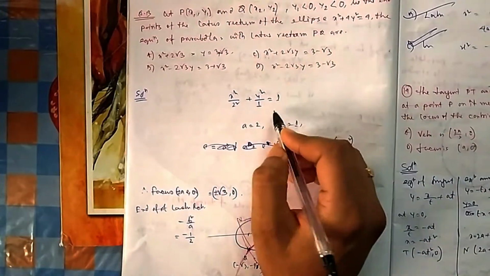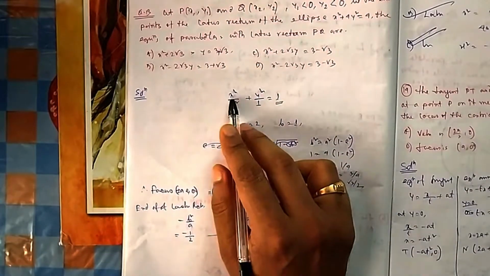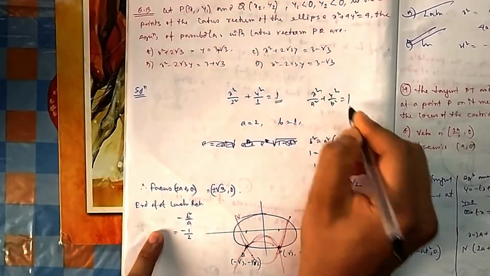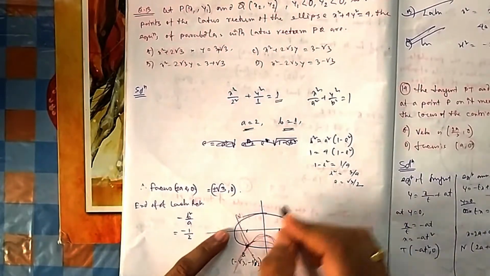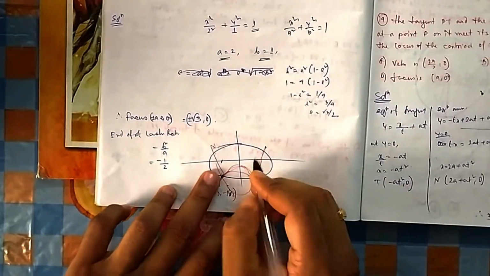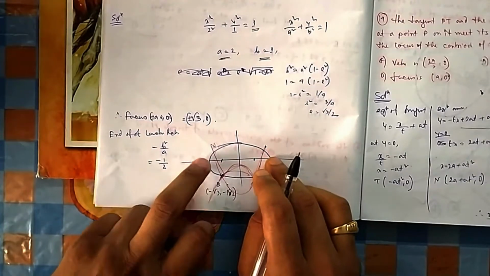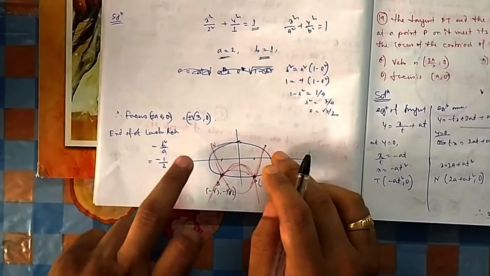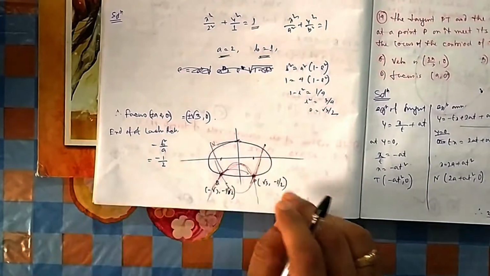So if you divide by 4, because for an ellipse this side should be 1, the standard format. So x square by a square plus y square by b square, because the ellipse equation is this one. This is your a, this is your b. So a means the x-axis, this ellipse will have its major axis along the x-axis, and these points are the extreme points. And this is b, b is this one. So it is (0, 1), this is (0, -1). Then this is (2, 0), this is (-2, 0). These are the extreme points.